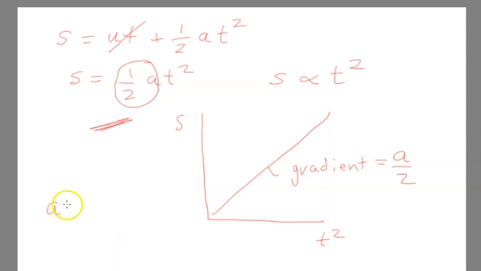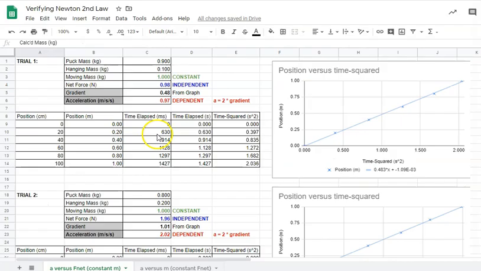And so we'll get acceleration is 2 times the gradient. So based on that, that's why we collect the data here from the simulation and plot the position versus t